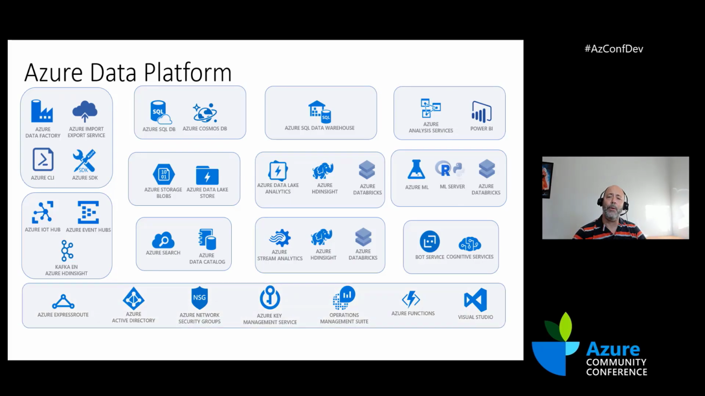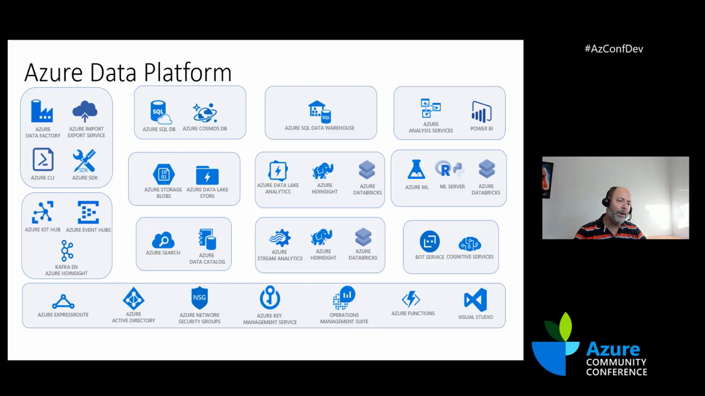And then at the bottom part of the screen, you will see a set of services which are not data platform related. This is more like an Azure foundation for data platform and other services. For example, Azure ExpressRoute to do the connectivity, Azure Active Directory for all the identities and authentication in Azure, as well as Azure Functions, for example, right, which allow us to, again, move it and use it through